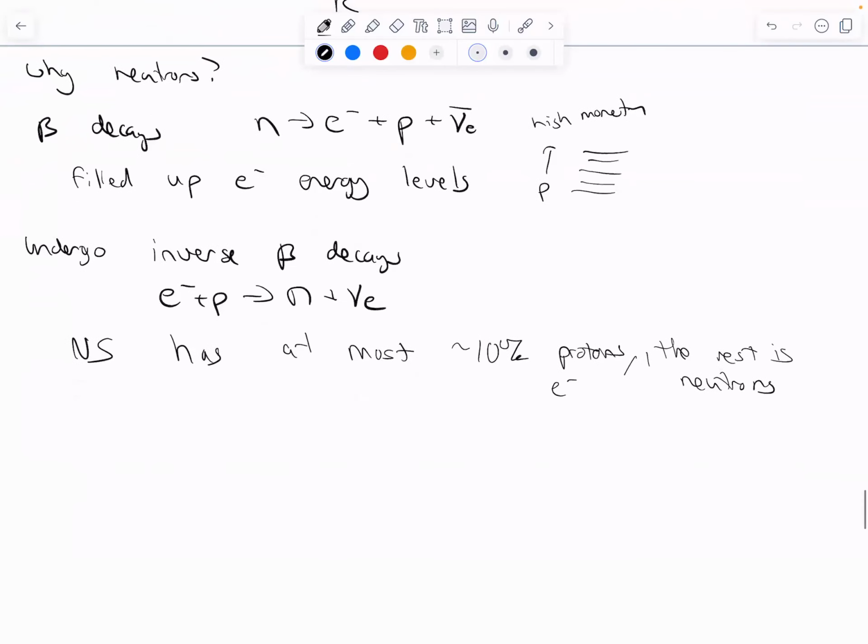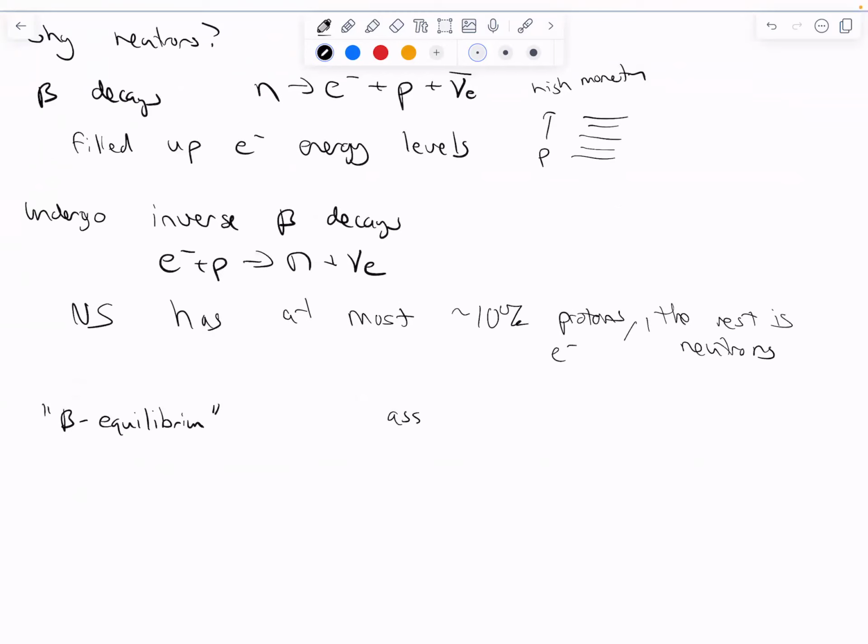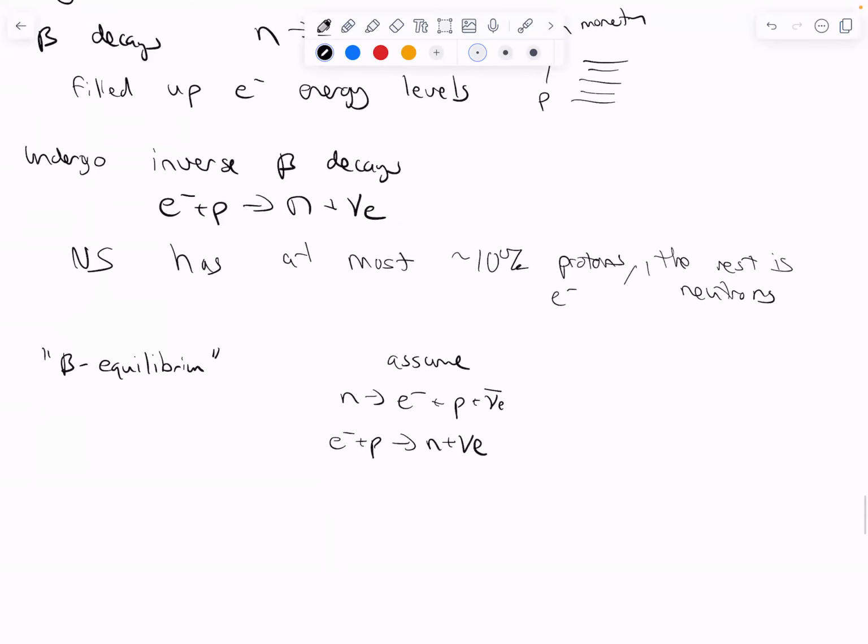And so you might have heard a term called beta equilibrium. What that means is that you assume the reaction in this direction is balanced by the reaction in this direction. And so you're in equilibrium, with a very specific relationship between your neutrons, protons, and electrons. We don't necessarily include the information about the neutrinos because, for the most part, unless they're trapped, they just fly out of the neutron star. And so ignoring neutrinos,